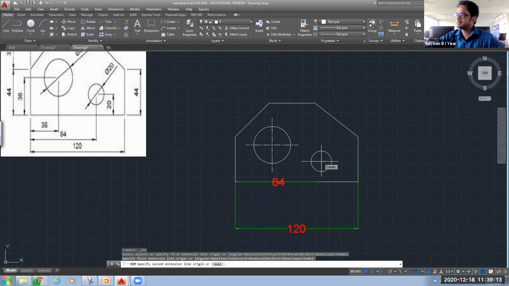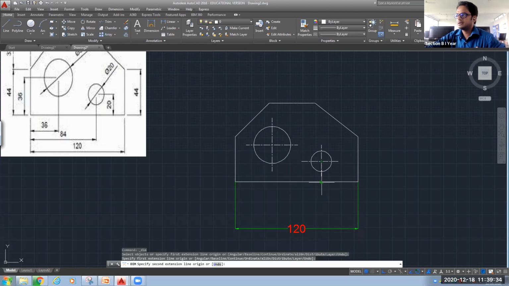I will bring this to the center of this circle, and without clicking there, I'm dragging my mouse cursor downward, up to your bottom horizontal line. Now you can see the 84, the same value we are getting here.